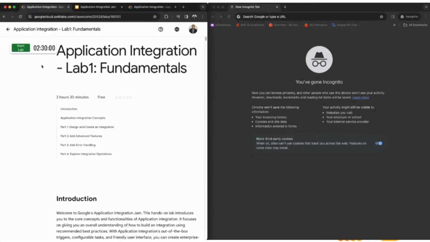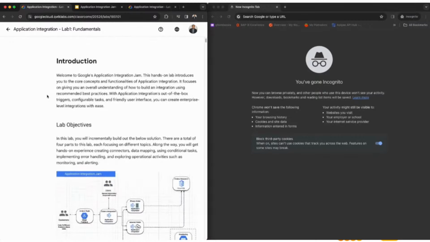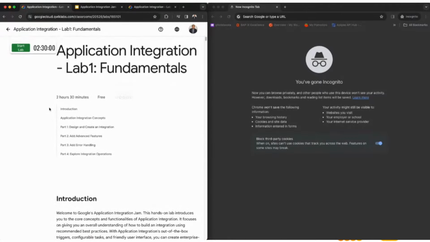On the left-hand side, I have a regular Google Chrome browser with the lab instructions themselves, right? So there's a Start Lab button. And on the right-hand side, I have an incognito tab that I'm going to use to build out my integration. So we're going to do this together. Before you click Start Lab, at a high level, we're going to follow the instructions on the left-hand side, and we're going to do all of our building for the environment on the right-hand side. So if I click the Start Lab button here,